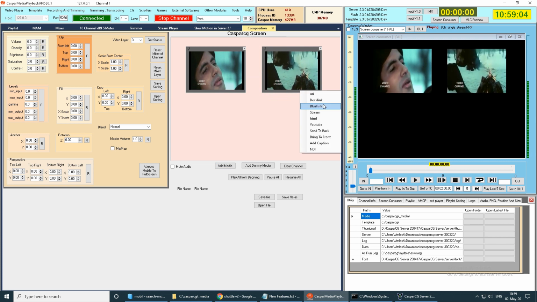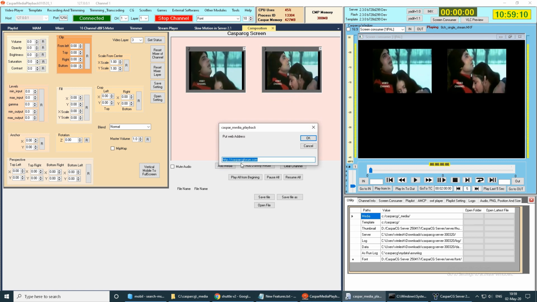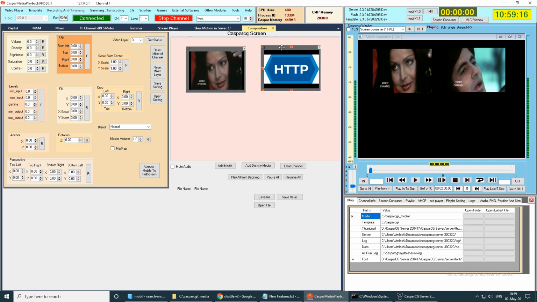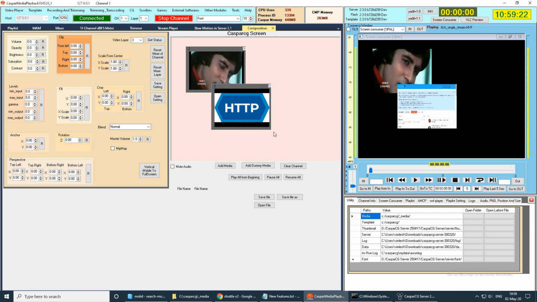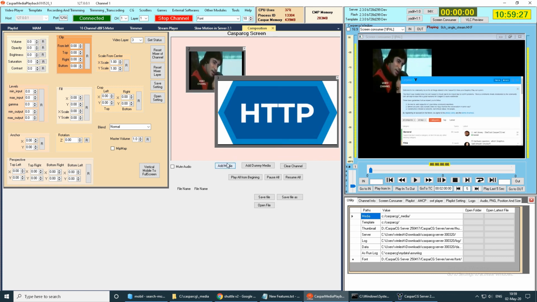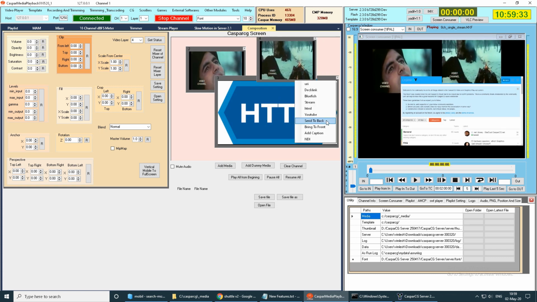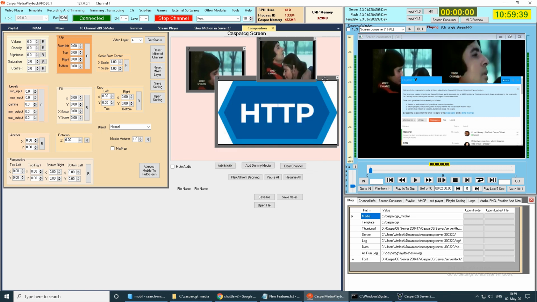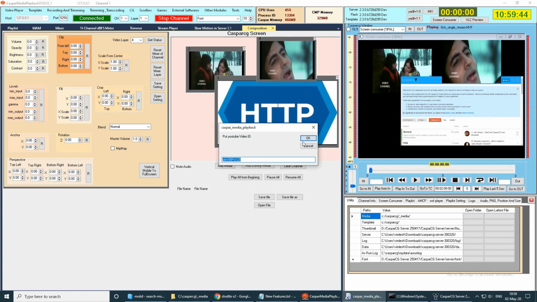Now we can change the sources. Suppose HTML, and this is Casper CG forum. Suppose I am taking this Casper CG screen, and you can stage this screen like this. And let us add some more media, and add to stream, or okay, let us add some other thing, YouTube.